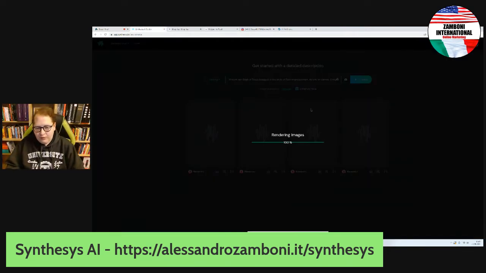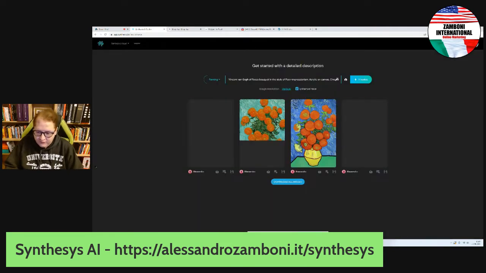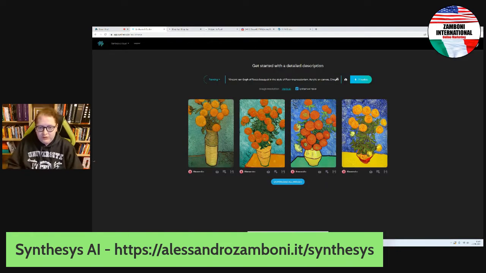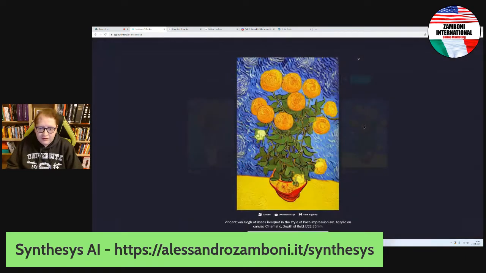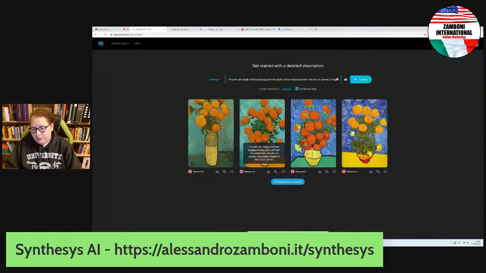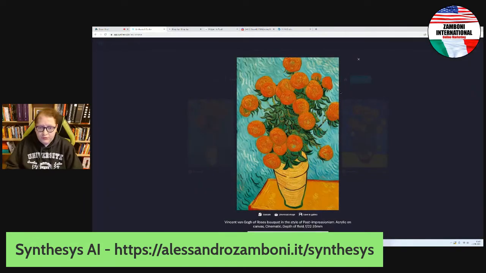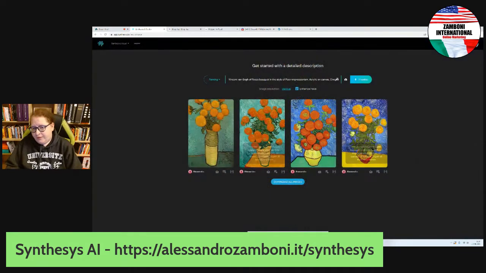So we are at 100%. Let's see. Okay, so this is our post-impressionism made by Van Gogh roses. Those seem tomatoes. I didn't specify the red roses, so this would be accepted. Here instead, there's the problem. Two roses are outside. I don't like those things. So in general, in my opinion, those are to throw away.